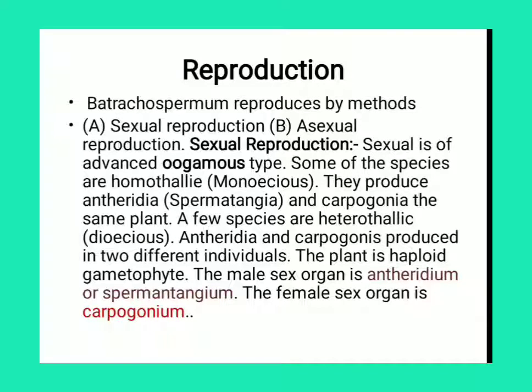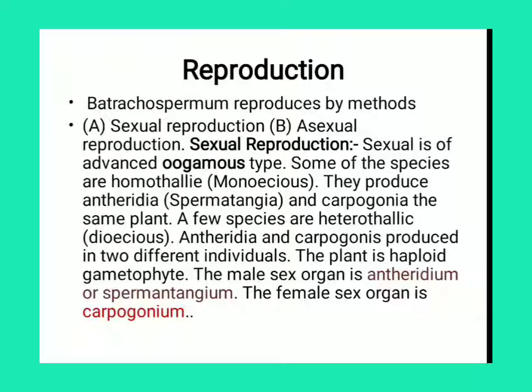Today we are discussing the reproduction of Batrachospermum. In Batrachospermum, the type of reproduction is oogamous. What is oogamous type of reproduction? In oogamous reproduction, the male reproductive organs are small in size compared to the female reproductive organs, and the female reproductive organs are non-motile and the male reproductive organs are motile,